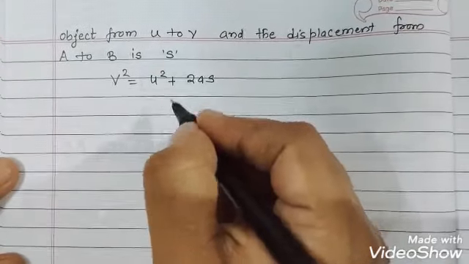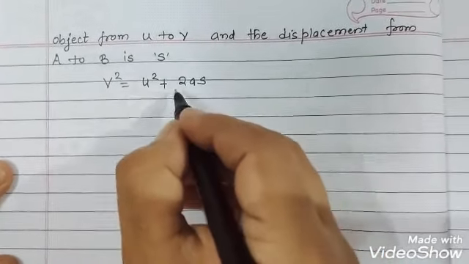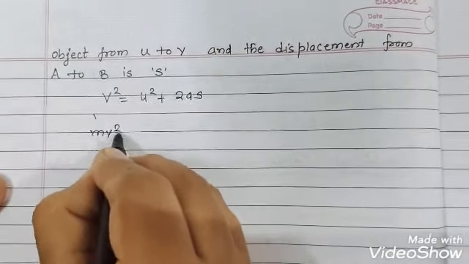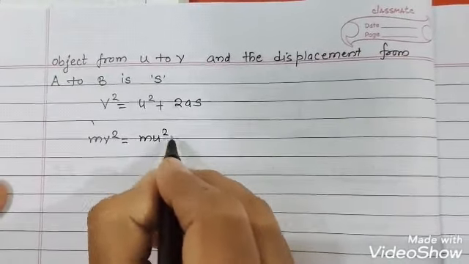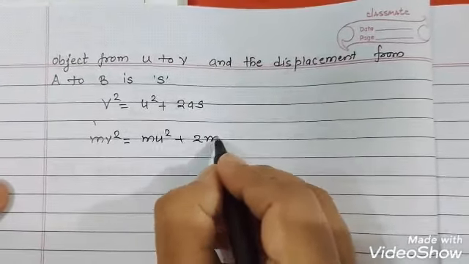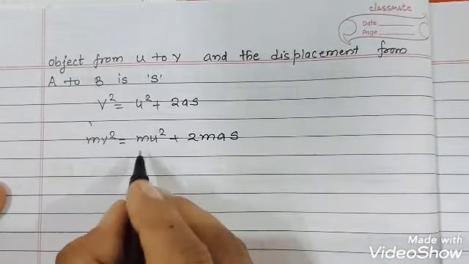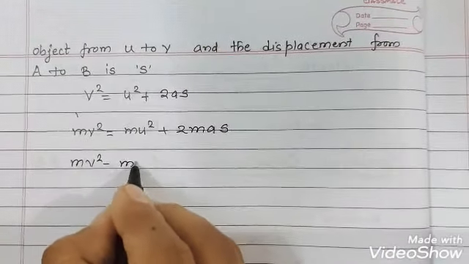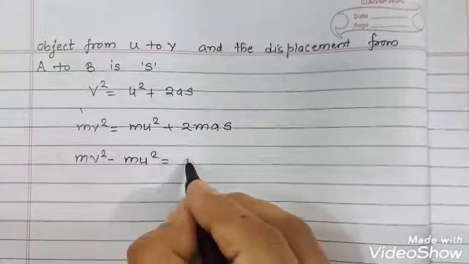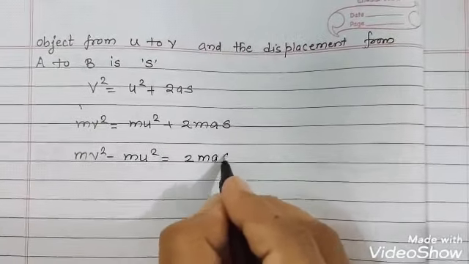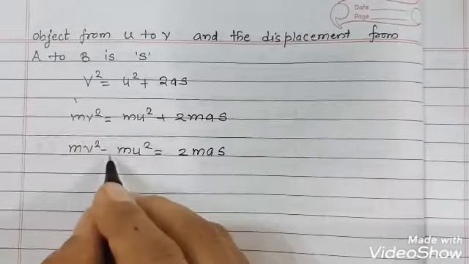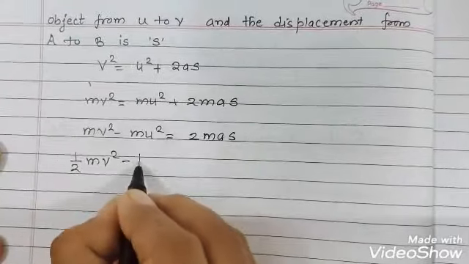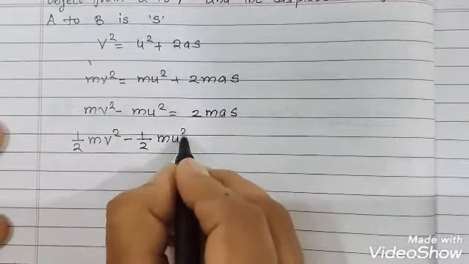Now if we multiply m on both sides of the equation, it will be mv square equals mu square plus 2mas. Now we take mv square minus mu square, which is equal to 2mas. This 2 will go to the other side, so it becomes half mv square minus half mu square,